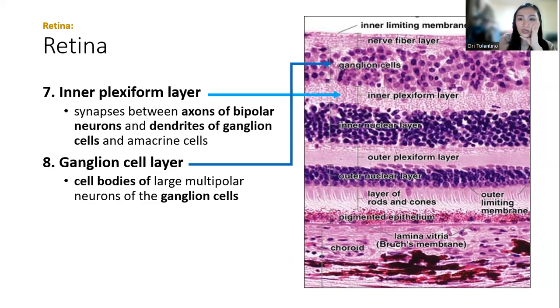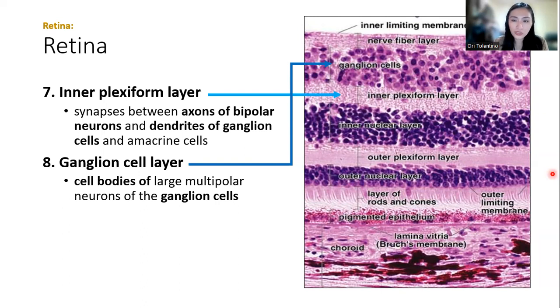So the rods and the cones synapse to the association neurons, and they in turn synapse to the ganglion cells. This is how the messages from the photoreceptor cells, the rods and cones, reach all the way to the front, to the ganglion cells,